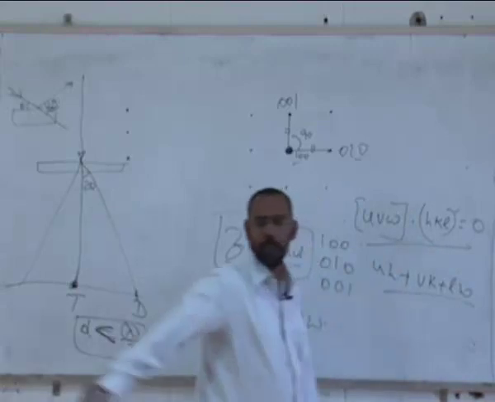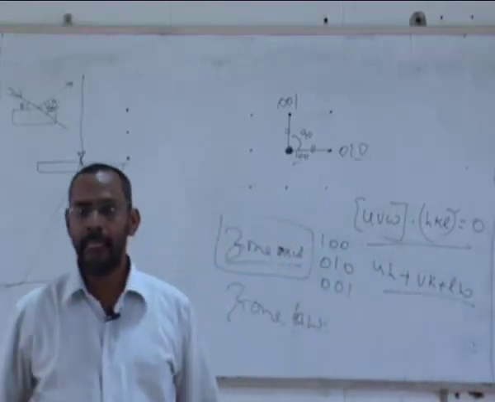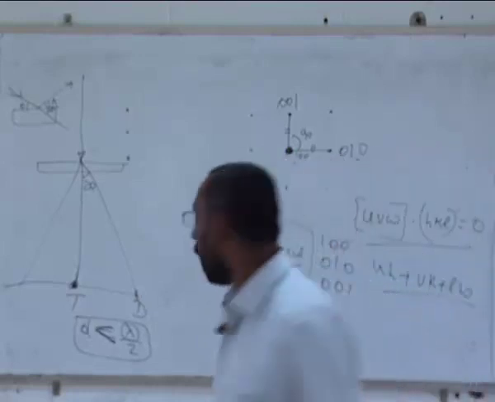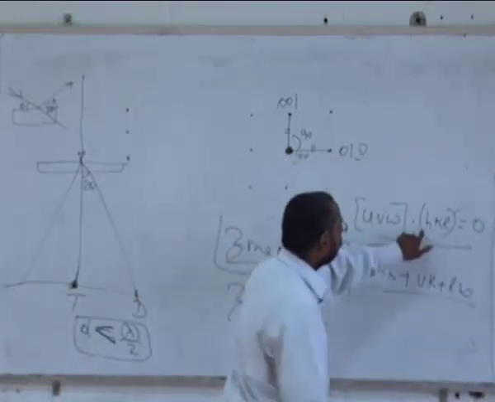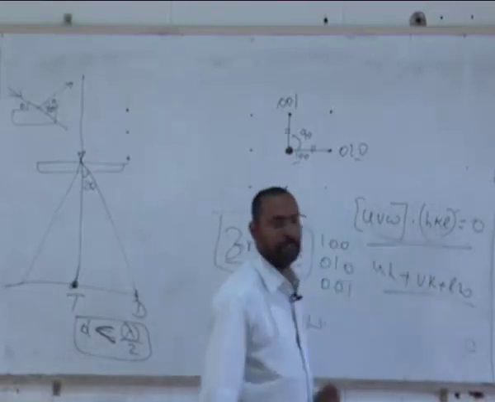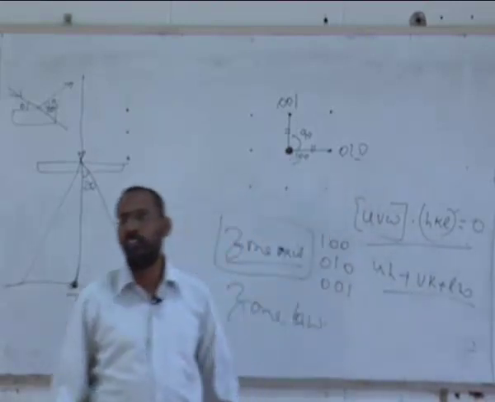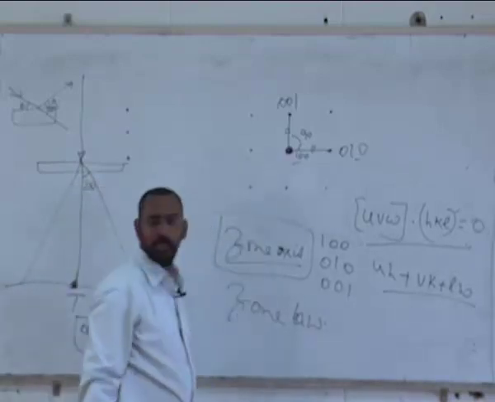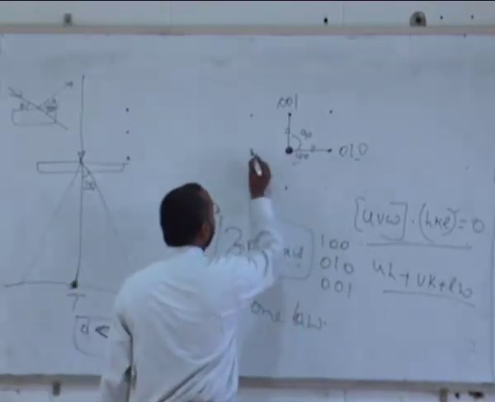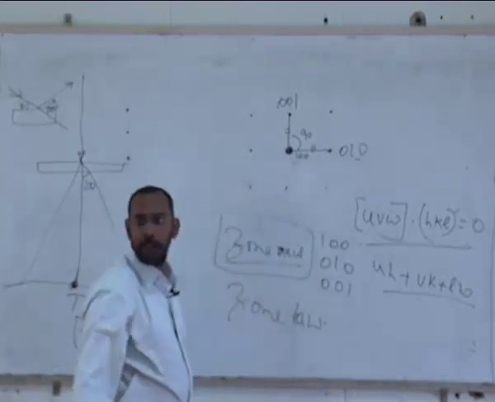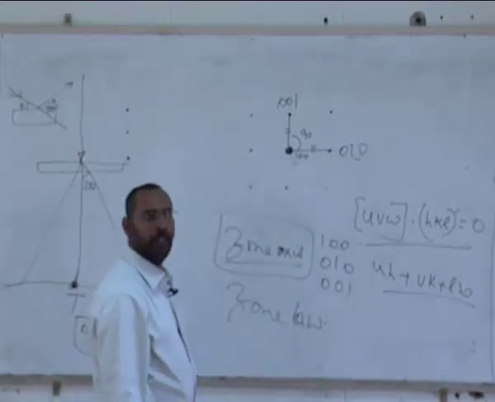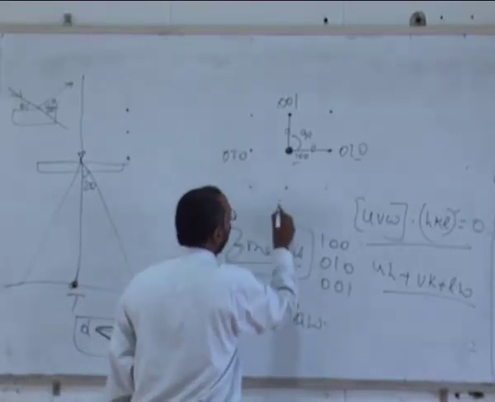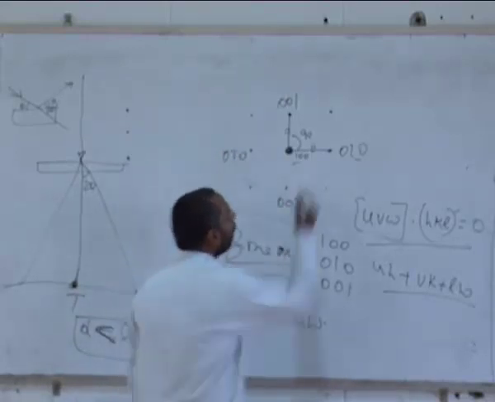This is the dot product, right? If you know a little bit of vector algebra, you will know this. And that is this multiplied by this, multiplied by this, multiplied by this. And you do this, you will see that this is 0. And similarly, you can see this, and this particular thing will be negative of this, because it's an inversion symmetry. And this you can call 0 bar 1 0, and this can be called 0 0 bar 1.